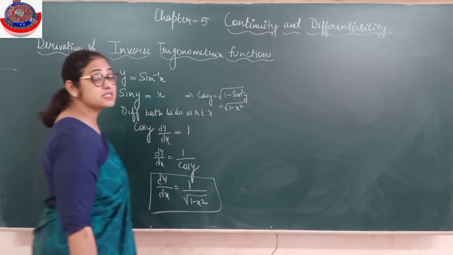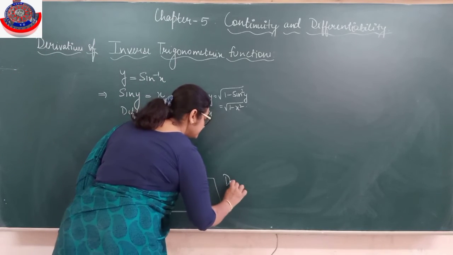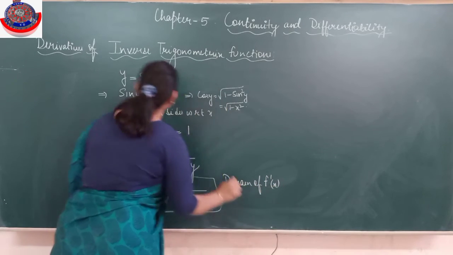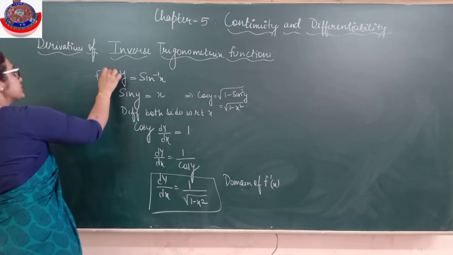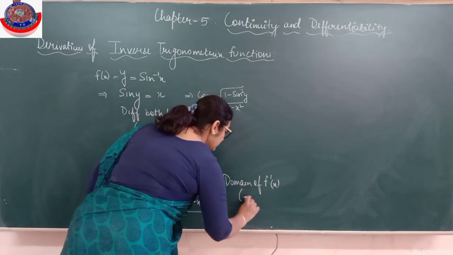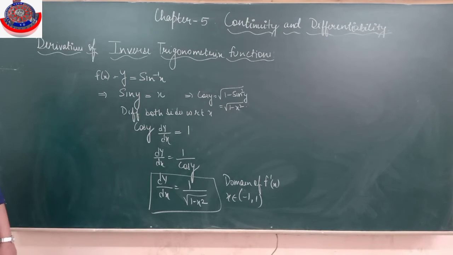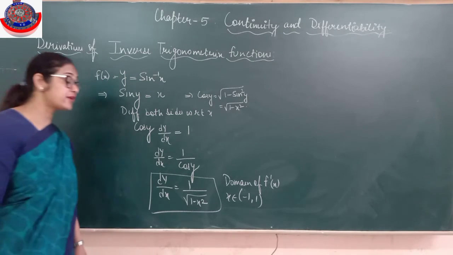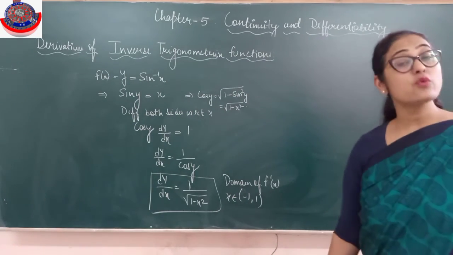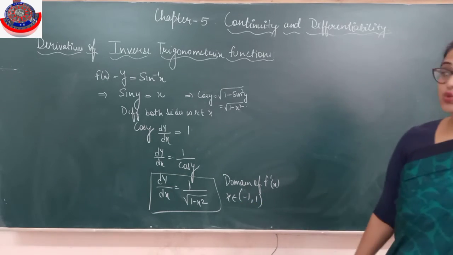But always keep in mind the domain, you have to be very careful. Alright, the domain of f dash x, meaning this is a function of x only, so its derivative's domain where it will be defined, is the open interval minus 1 to 1. Is it clear? Open interval minus 1 to 1. You have done domain and range of inverse trigonometric function. We have done restricted domain and range of inverse trigonometric function. Then only the inverse exists. Is it clear? So domain of f dash x will be minus 1 to 1.